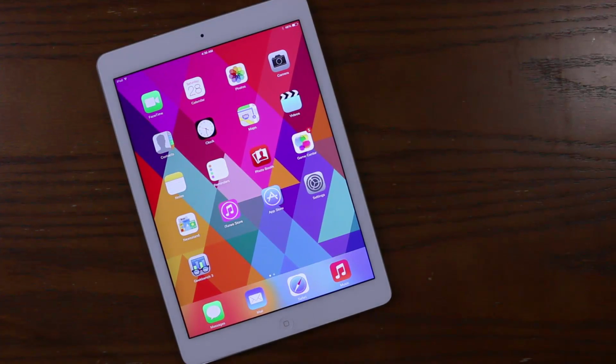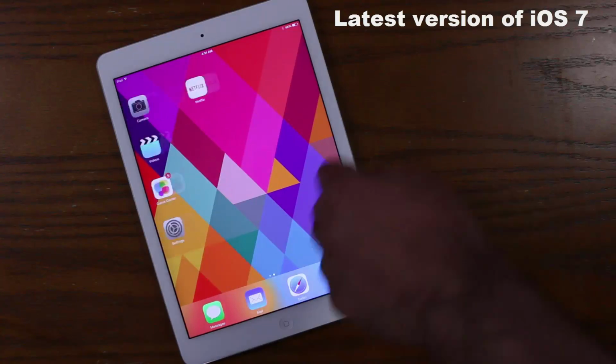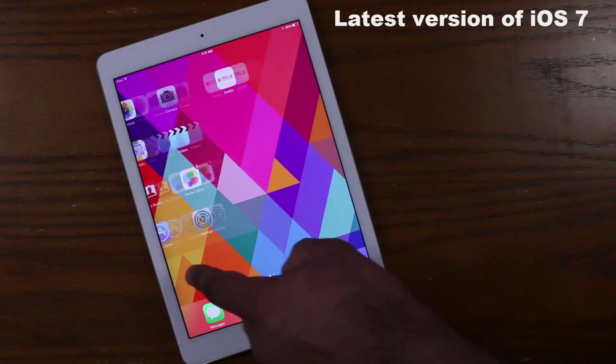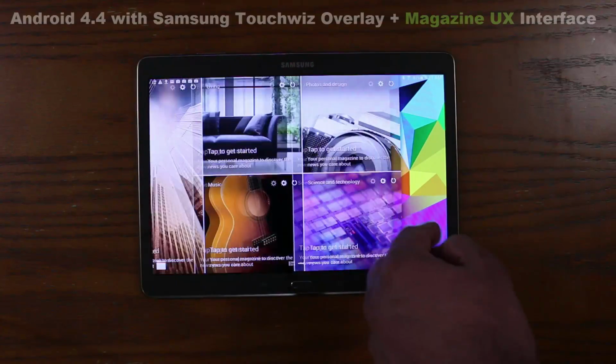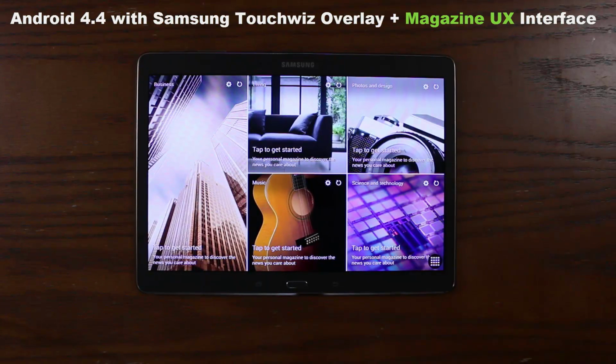Next, let's talk about the software. As you know, software is how we actually interact with our tablets, so it is a very important comparison category. So the iPad runs on the latest version of iOS 7, which comes with some useful enhancements like the Control Center and the updated Notification Center. The Tab S runs on the latest version of Android 4.4 with Samsung TouchWiz overlay plus their